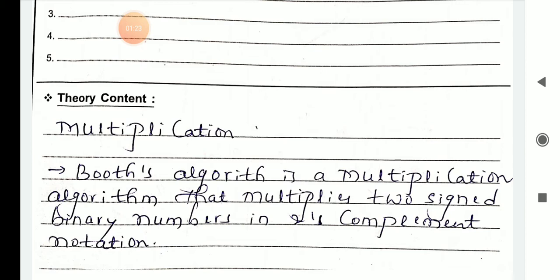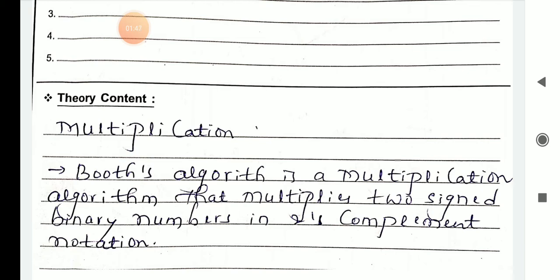So it has two signed binary numbers. Consider two binary numbers. For example, you can take the decimal number 15 multiplied by 4, and you get some product. One should be the multiplicand, another should be the multiplier. Multiply these two and you get your product, the final product of this multiplication.